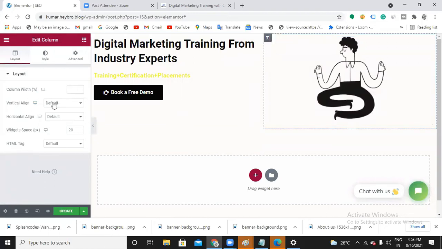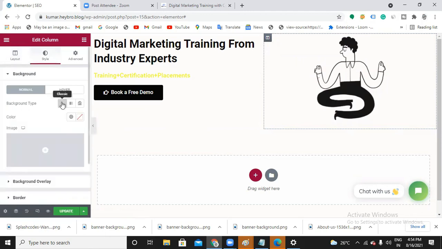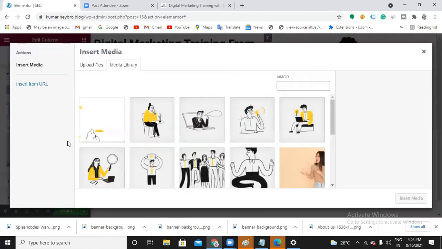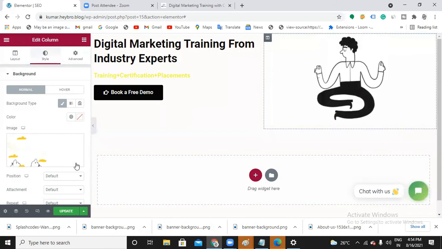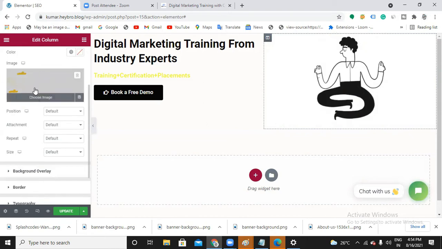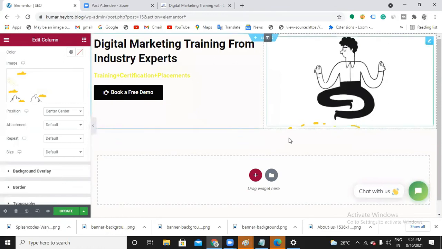Here you can have layouts. You can also apply background colors for your column, background image for your column. See this, background image, and choose position. Now this is the image that I have uploaded. Can you see a little bit of the image coming over here?